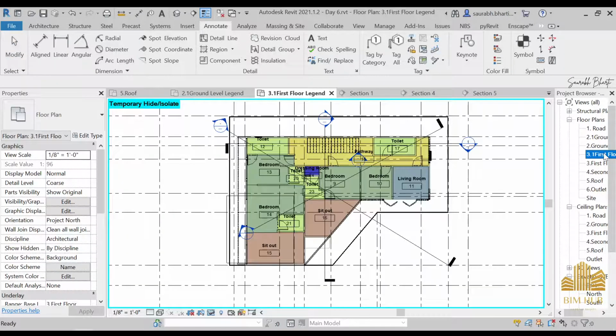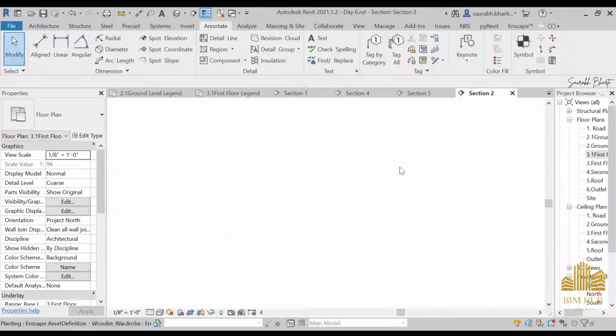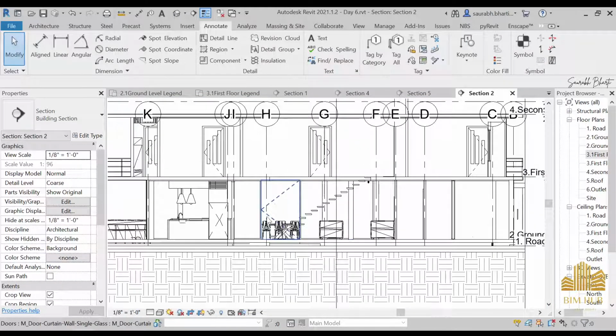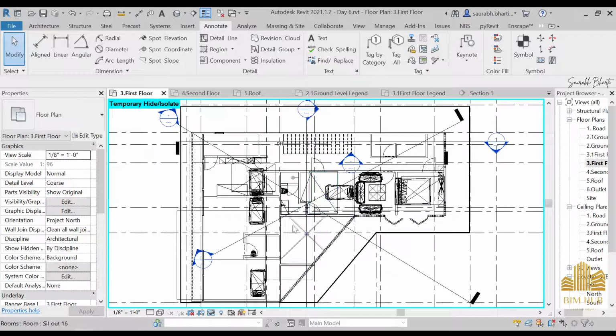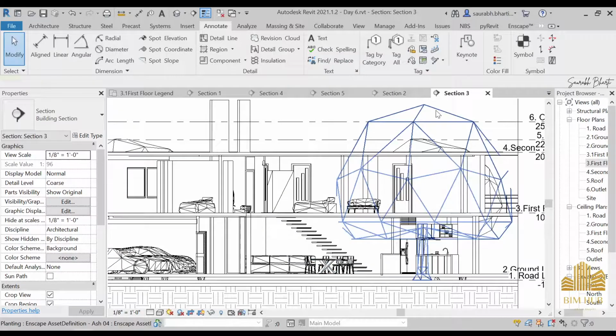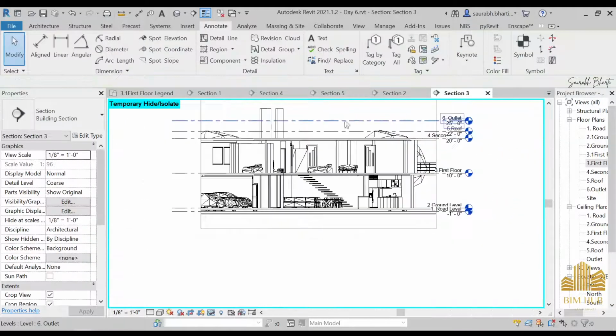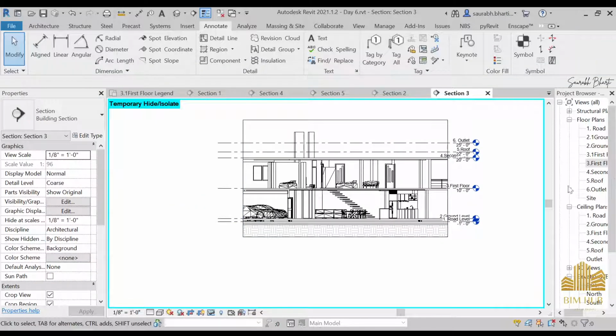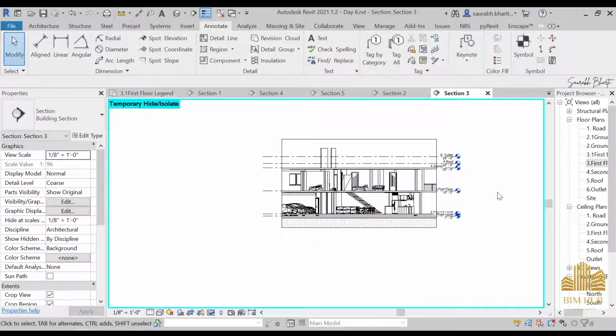So this is one of our section views. This is our third section view. As you can see that stairs are clearly visible in this, and then we have this section view. And now as you can see, this is our section view. If you want to hide it, just hide it by double H also, and you can keep this interior. Okay, done. And after creating these section views, what else we need to do is we need to create